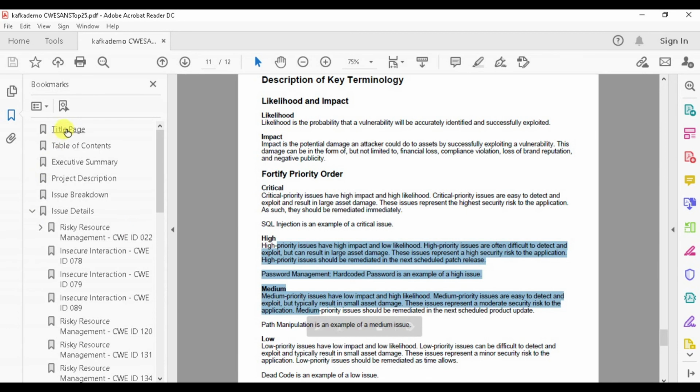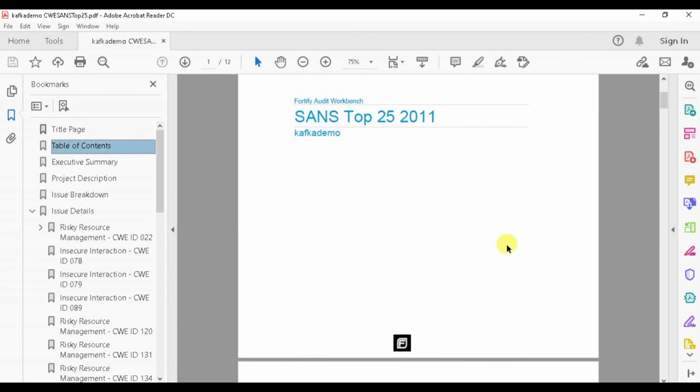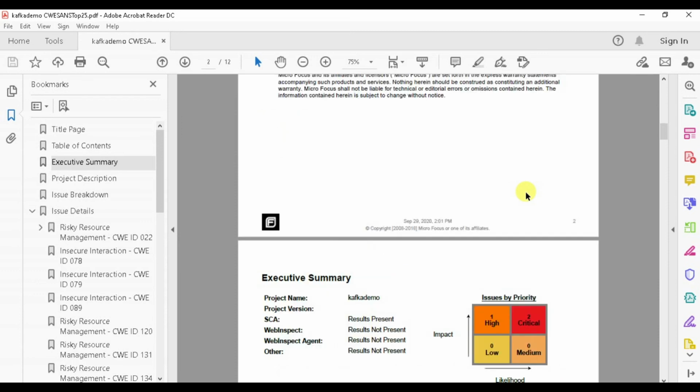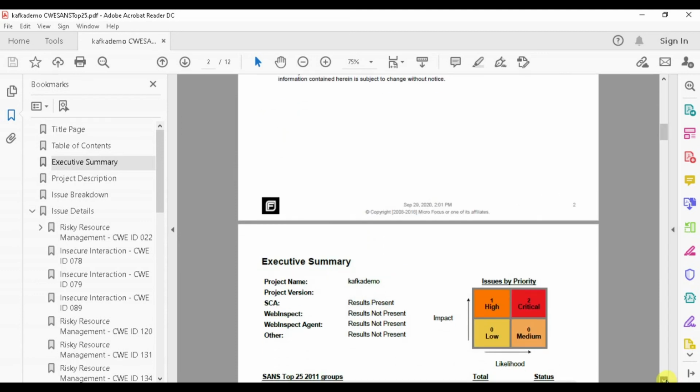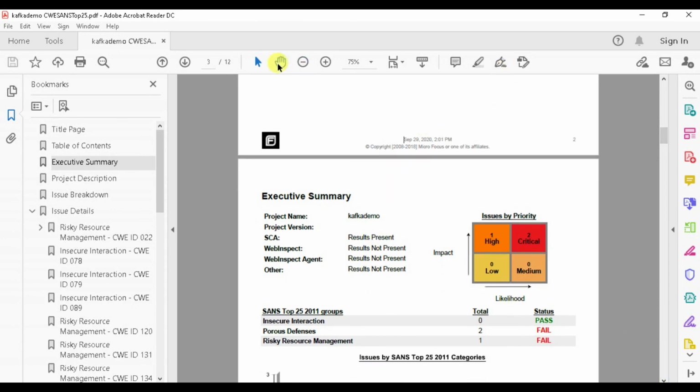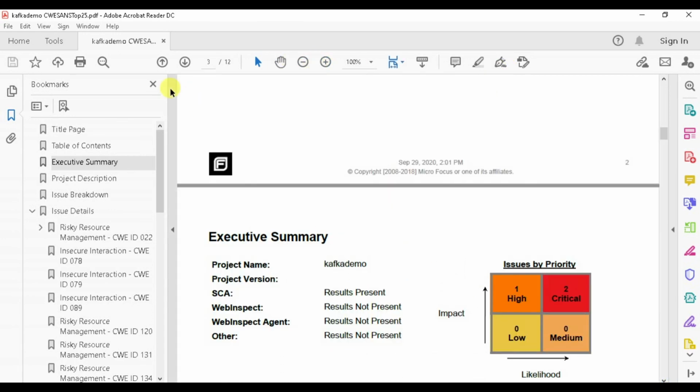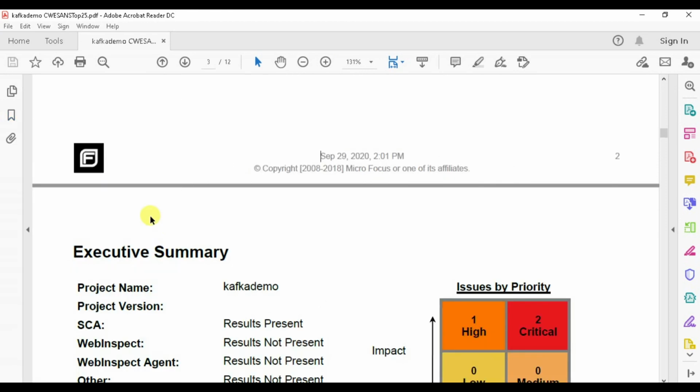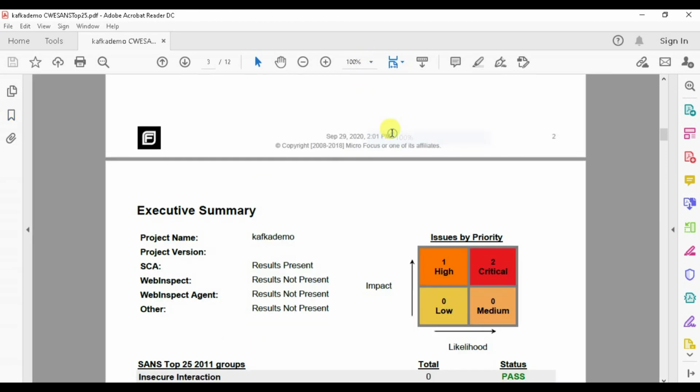Let's begin with the title page, and in the title page it shows me the summary, showing how many criticals and other categories there have been. That's what I wanted to highlight right now.